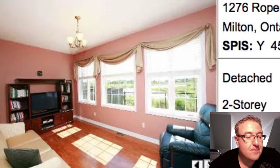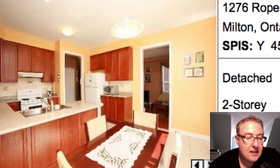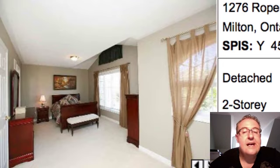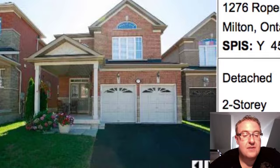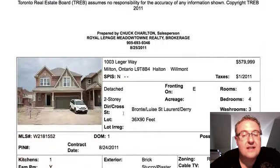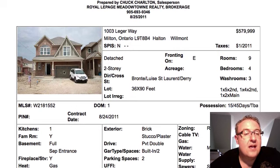Hardwood floors here. Okay, nice looking kitchen. Lots of functional space in this kitchen. And then you've got 4 bedrooms upstairs. Okay, virtual tours here too. It says about a 30 to 60 day possession on this one. Leger or Leger, whatever you want to call it,